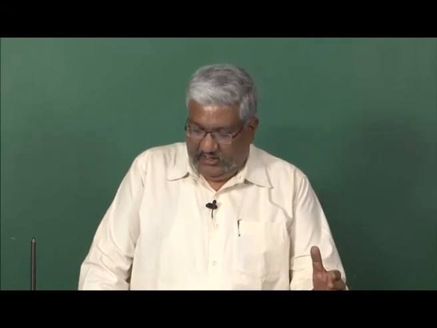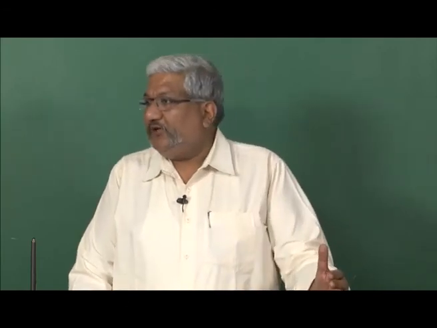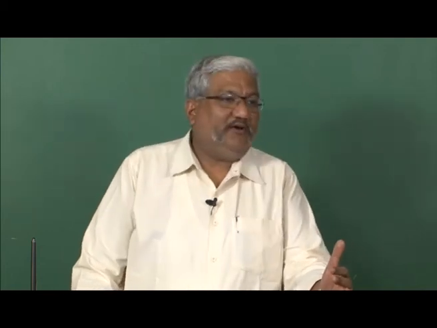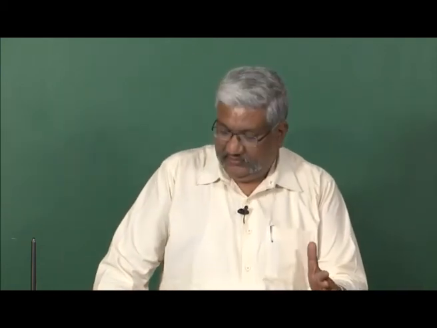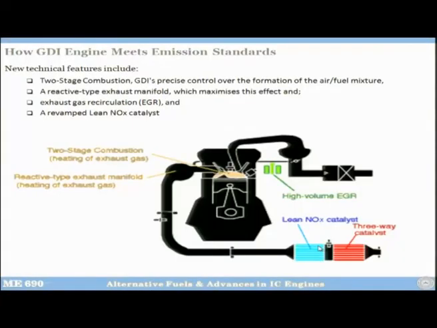Okay. So, now you see the GDI engine, you are not operating at a stoichiometric mixture. Overall, you are always operating the GDI engine lean. So, that is why the lean NOx trap is actually required to absorb the NOx when you are operating lean, because this three-way catalytic converter will be ineffective in such a situation. So, you keep absorbing, and when you have to desorb, you make the mixture stoichiometric here. So, this HC and CO will be produced, that will knock off this NOx, and this will be neutralized by the three-way catalytic converter. Clear? So, this is how TWC and LNT are going to work.